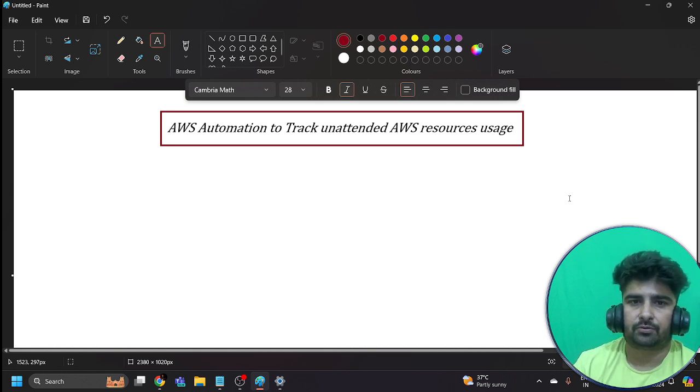If you are a beginner, new to AWS, or you have just created your AWS account, or maybe you are an intermediate user or an IT professional using the AWS Management Console and different AWS services, this demonstration will give you an idea of how you can track unintended usage of your